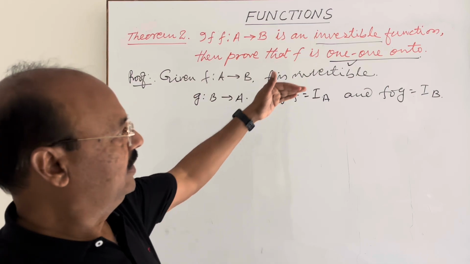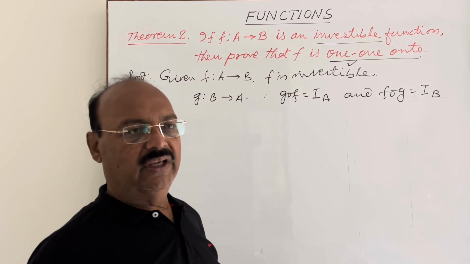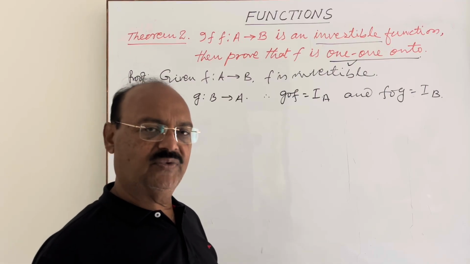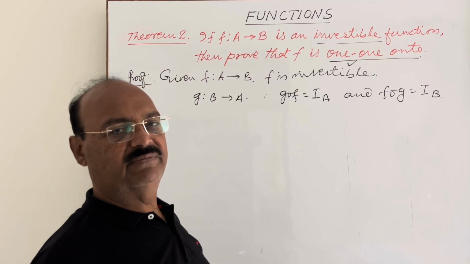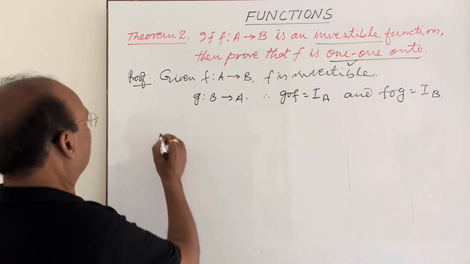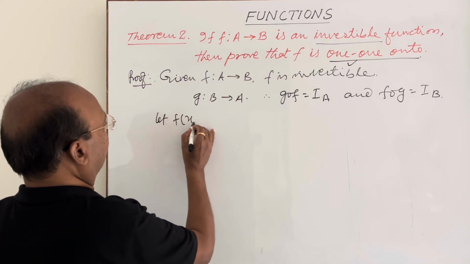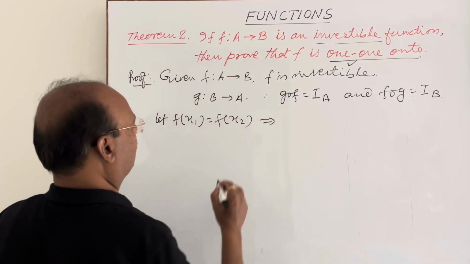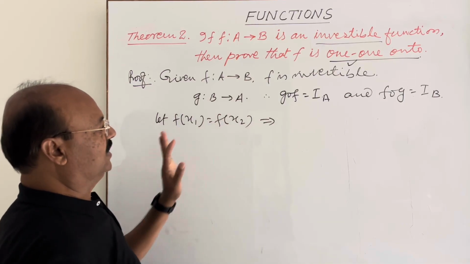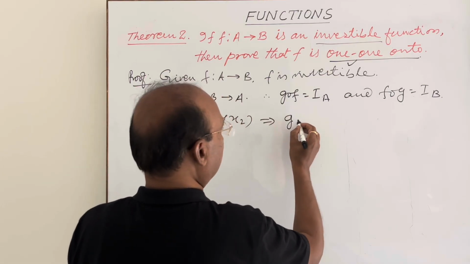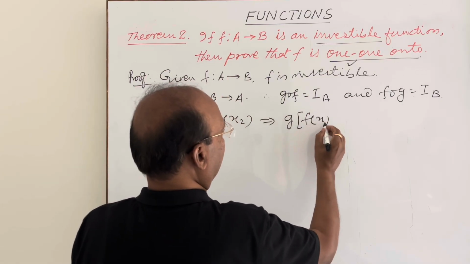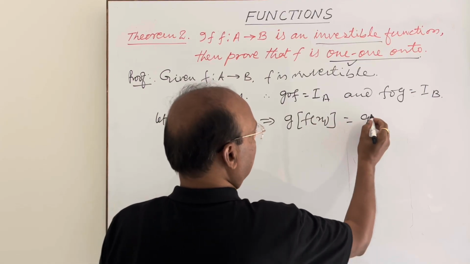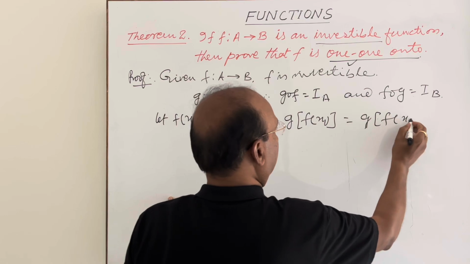For showing that the given function is 1-1, if f(x1) is equal to f(x2) implies x1 is equal to x2, then function f becomes a 1-1 function. So let us suppose that f of x1 is equal to f of x2. Applying function g both the sides, g of f(x1) is equal to g of f(x2),